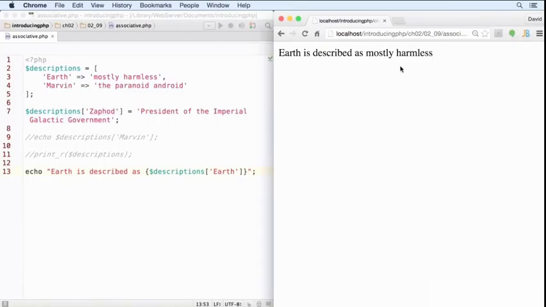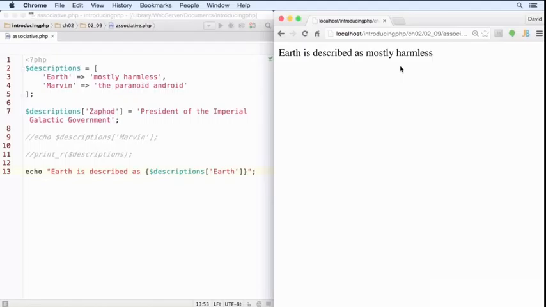So we've looked at both indexed arrays and associative arrays. Arrays are a very important part of PHP, and you'll use them a lot. They store multiple values in a single variable. Although the values don't need to be related, they normally are. The only values that we've stored are strings, but arrays can store any type of value, including numbers and even other arrays. Indexed arrays use numbers starting from 0 to identify each array element, whereas associative arrays use a string